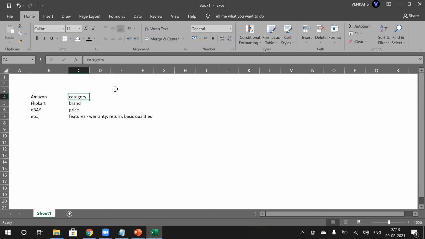So here we are talking about laptop. This is a generalized category, but we can further segregate that based on the brand: Dell, Lenovo, Apple, HP, etc.